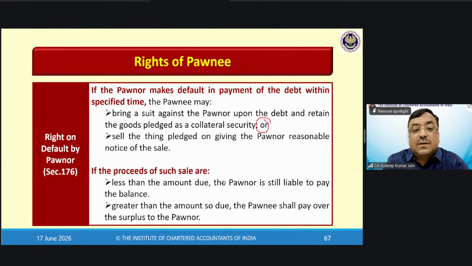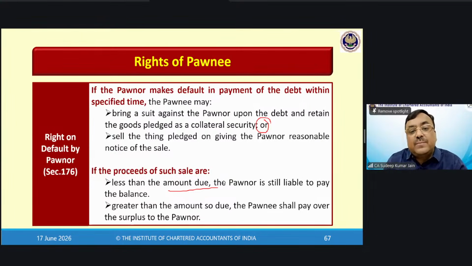और sell the things pledged on giving the owner reasonable notice. Reasonable मतलब reasonable time का notice. अब reasonable time depends upon situation to situation. यानी एक नोटिस देके गुड्स को बेच भी सकता है. And if such proceeds of sale of goods, बेच दिया, are less than the amount due,